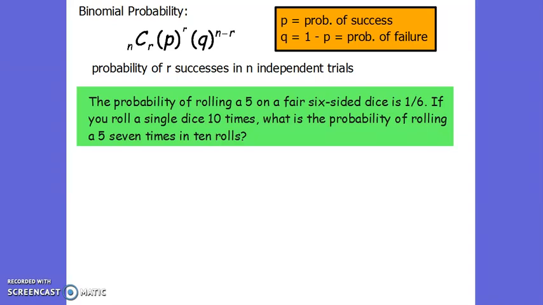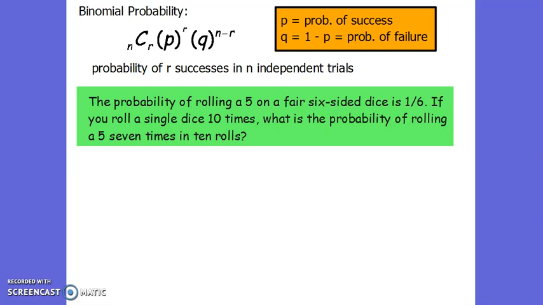Alright, this video is to help us understand how to use binomial probabilities, or essentially how to use the binomial theorem, or the terms of the binomial theorem, to help us with probability scenarios. Let's consider the question that we have on the screen here. The probability of rolling a 5 on a fair 6-sided dice is 1/6. If you roll a single dice 10 times in a row, what's the probability of rolling a 5 7 of